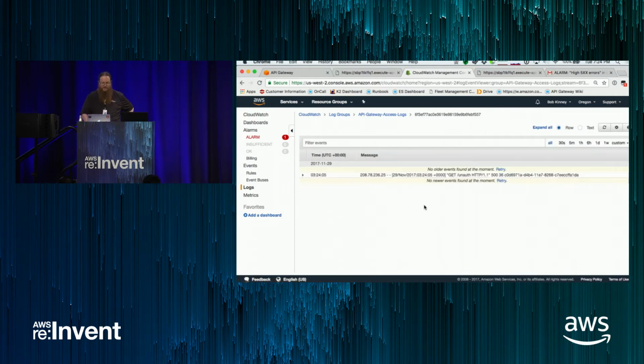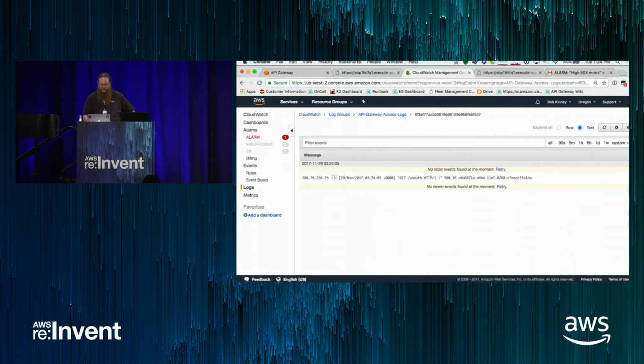So I mentioned, we can get a single log line in the Apache common log format. So we get our source IP, our request time, the path that was requested, our status code, the size, as well as a request ID. So this is really useful when you're requesting support, for instance. But it also allows us to search for our actual logs, the more detailed logs inside of our non-access logs